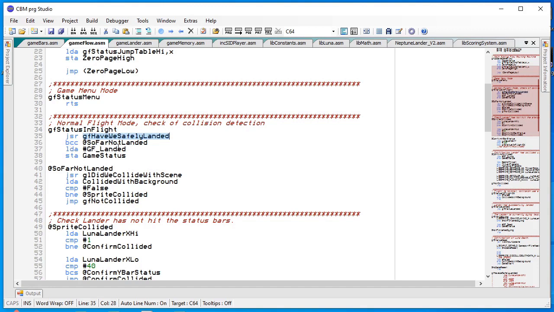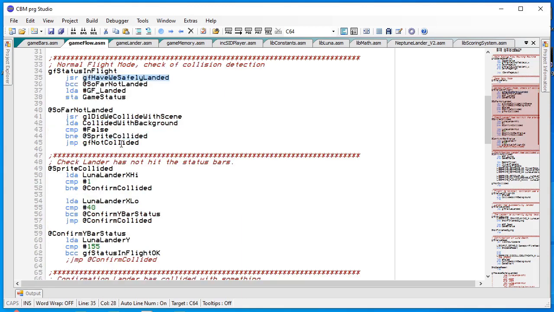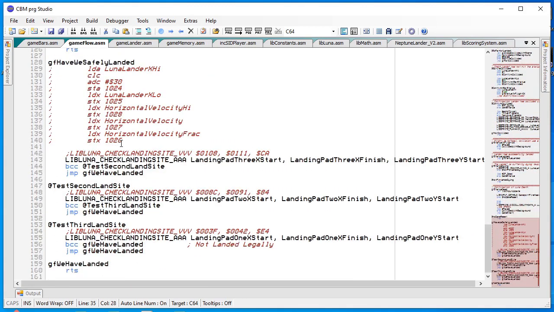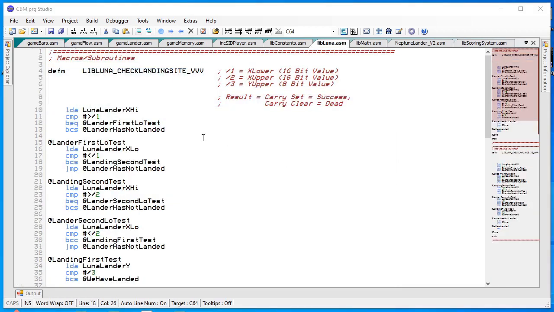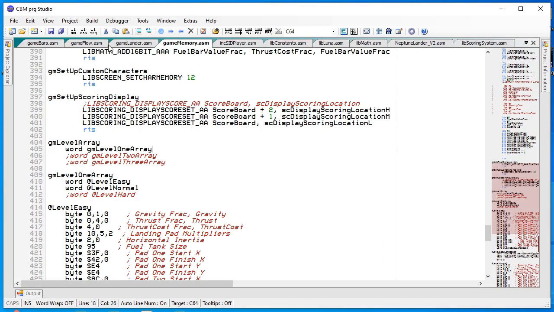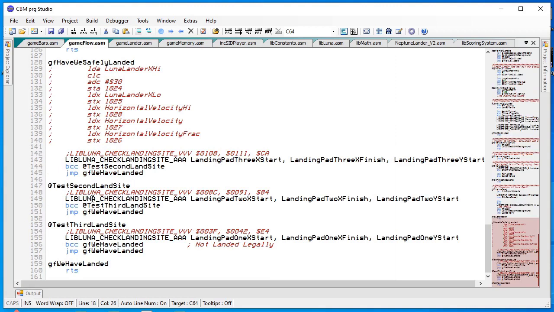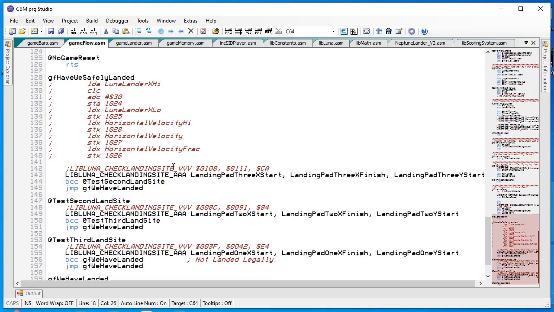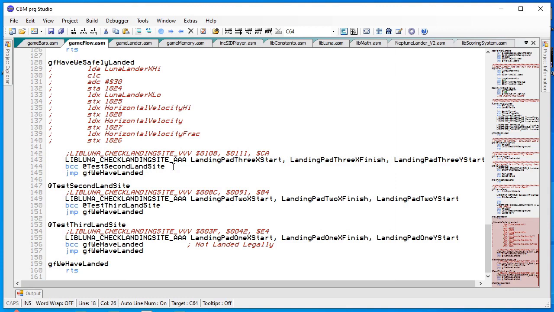So branch if carry clear. If we didn't, so we're setting the carry out. Are we setting the carry out of that routine? I can't remember. Yes, we are. Yes, we are. Liblunar. Yeah. So we're setting the carry. So what we need to do is basically, yeah, okay, so